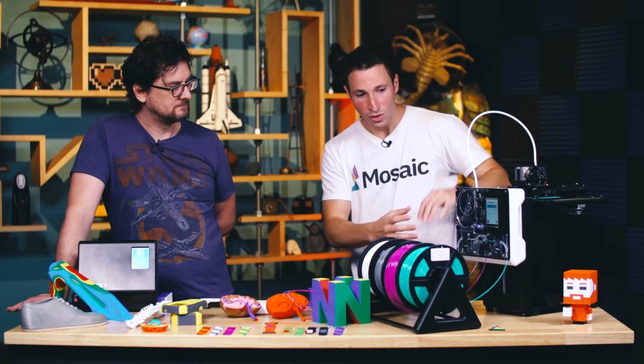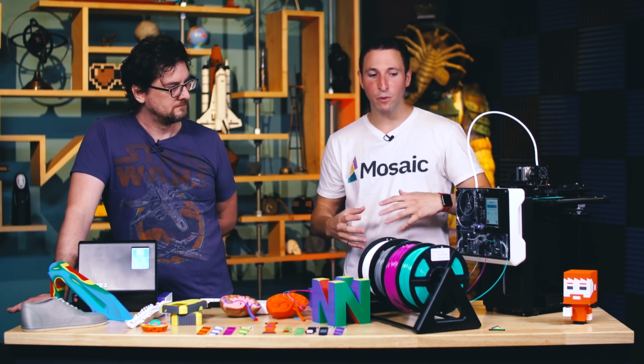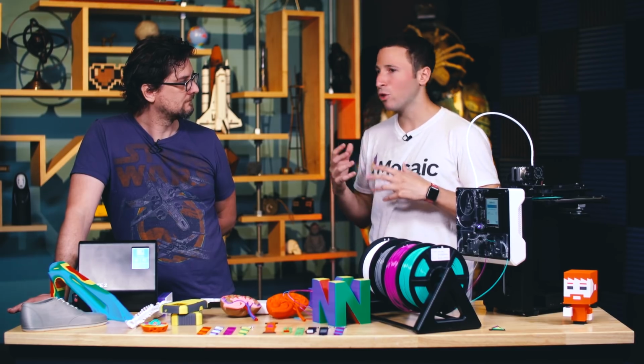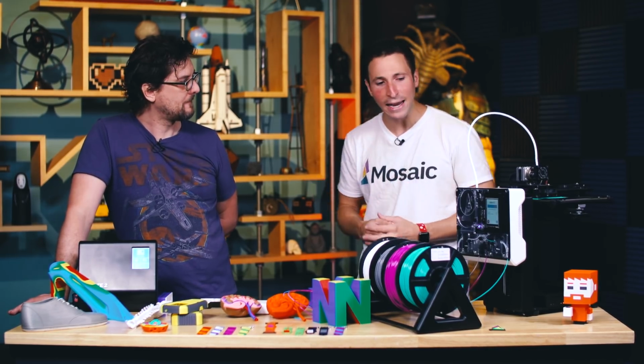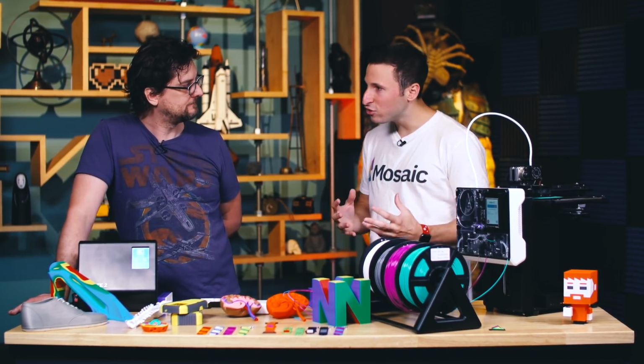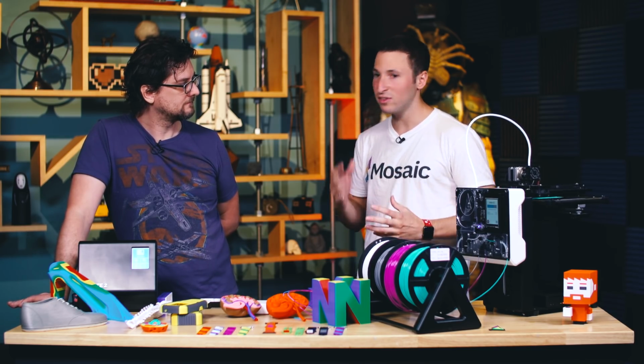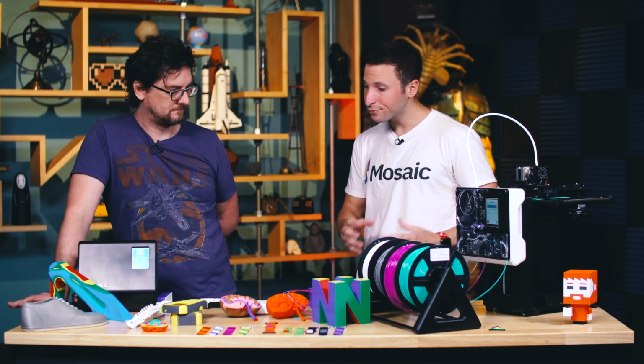$599 regular. Palette 2 is mostly meant for people with printers that are below $1,000, so maybe your CR10s, your Robo 3D, your C2s, things like that. Hobbyists, education, that's who typically says, hey, I really need it to be as accessible, as easy to use as possible, and as low cost as possible. Palette 2